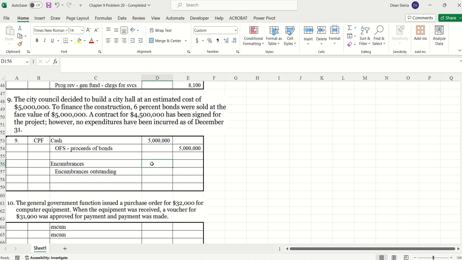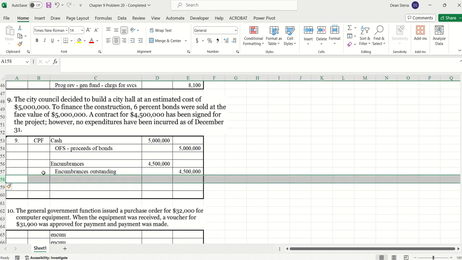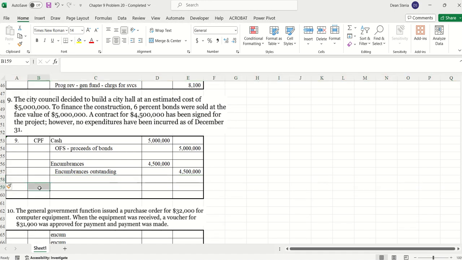And that's going to be for the 4.5 million. Okay. And we have one more piece to that. I'm short a cell here. Not quite sure how,